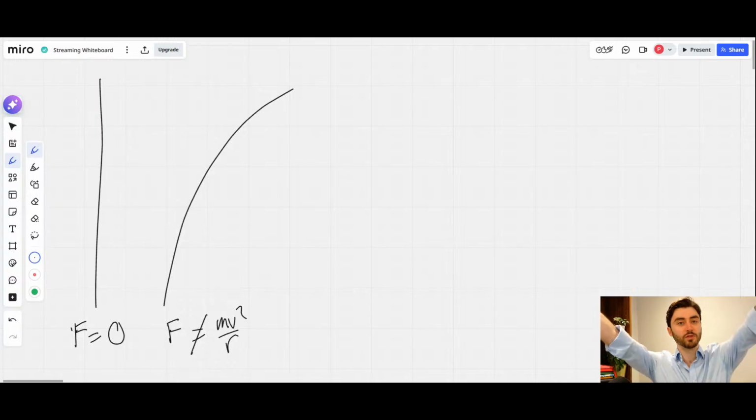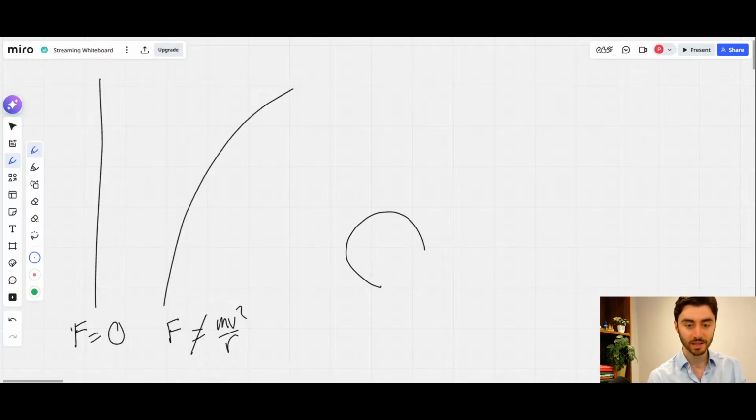This might be the case, for instance, when you have a charged particle between parallel plates, it will just sort of move in a parabola. In the very specific instance where F equals mv squared over r, then, and only then,